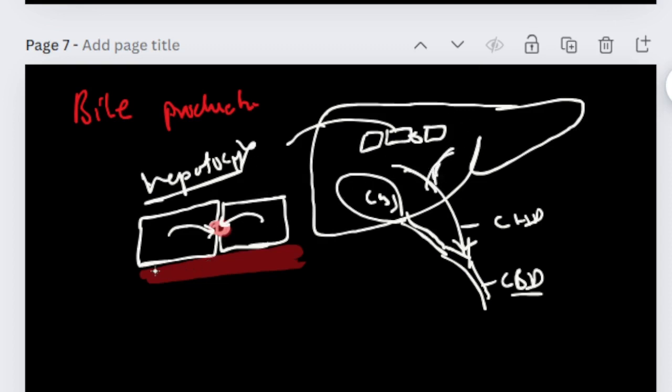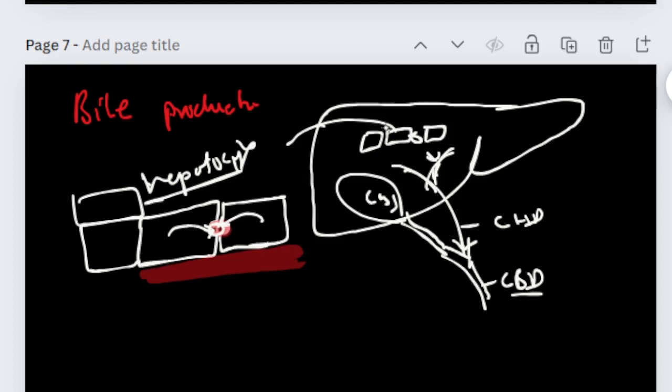Okay, so this is the canalicular surface, this is the sinusoidal surface, and this is the interhepatic surface. Okay. So now when these hepatocytes secrete the bile, it comes to here and they move through